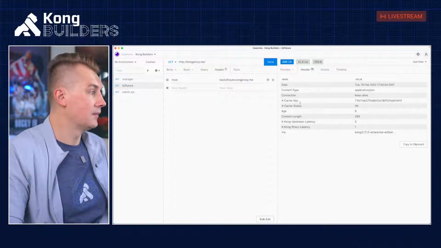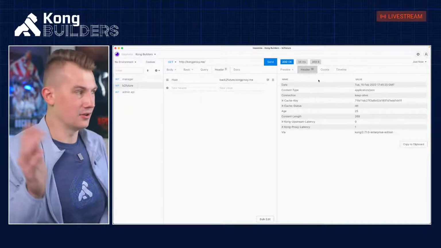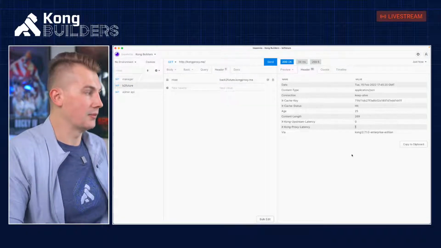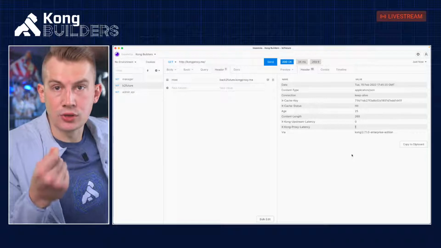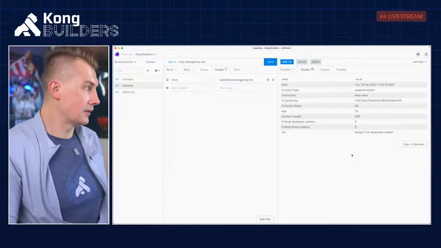Now it's a hit, we're getting the responses, and the response is 33 milliseconds. It's still pretty fast. And the latency is like 1 millisecond because it actually doesn't go to the service. It actually goes and hits Kong directly.